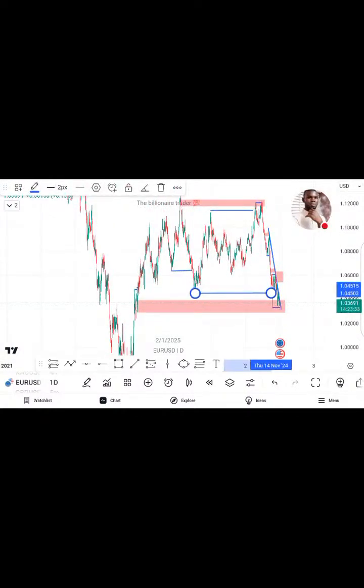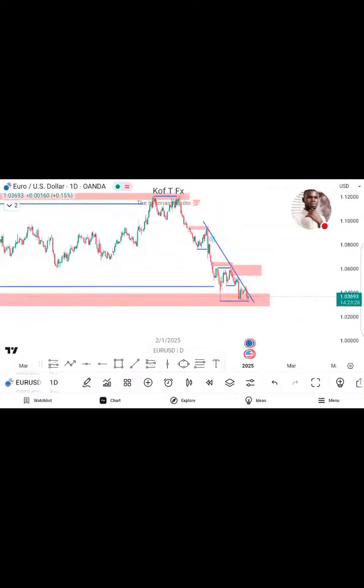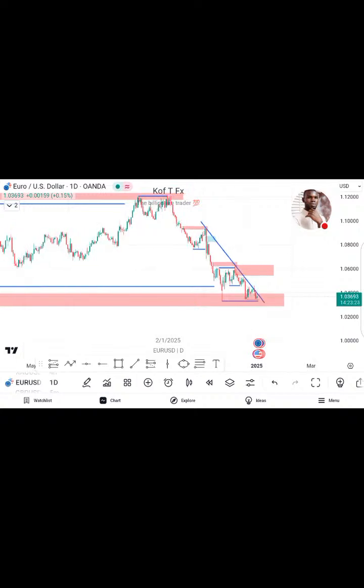We have that inducement, and after the mitigation of that area,